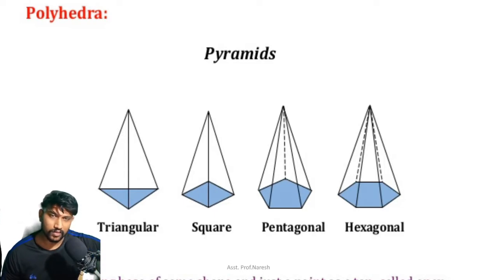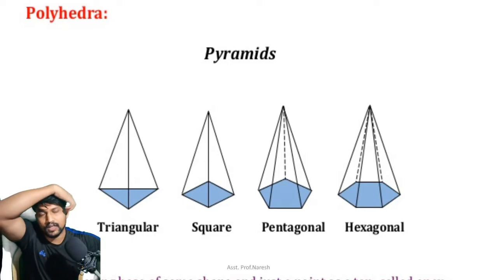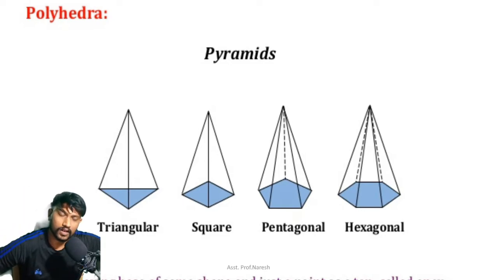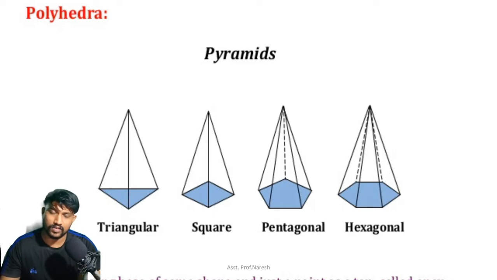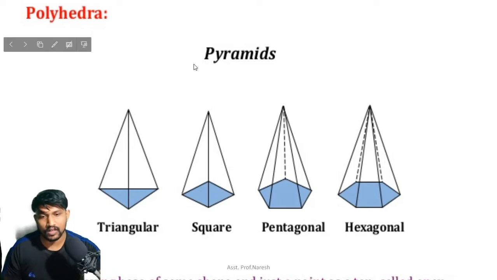Pyramid, obviously you might know about pyramids, the Giza pyramids and all this. In the case of a pyramid, you will have a lamina at the bottom side, which means an area, whether it's a triangle, square, pentagon, or hexagon. Likewise there will be a certain lamina at the bottom. At the top there will be an apex. It seems all of the faces and edges, these corner points, are getting concentrated at a single point. We call it the apex.